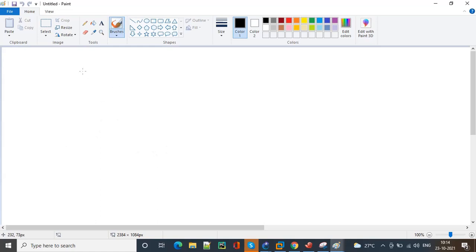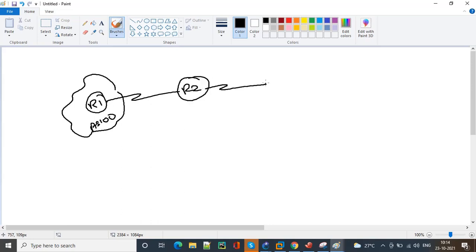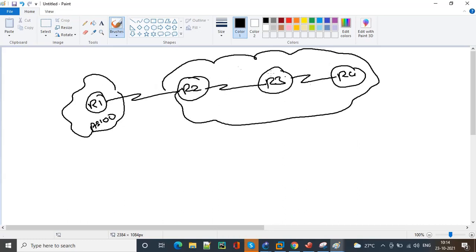Let's say that you have a router 1 here, which is in AS100, and it is pairing with router 2, and it is pairing with router 3, and it is pairing with router 4. Let's say that for some reason you would like to pair with router 4 over eBGP using 4.4.4.4, which is router 4's loopback IP address. Then you have to find the number of hops. It is one hop, then two hops, then three hops. Again from router 4, 4.4.4.4 is the fourth hop.